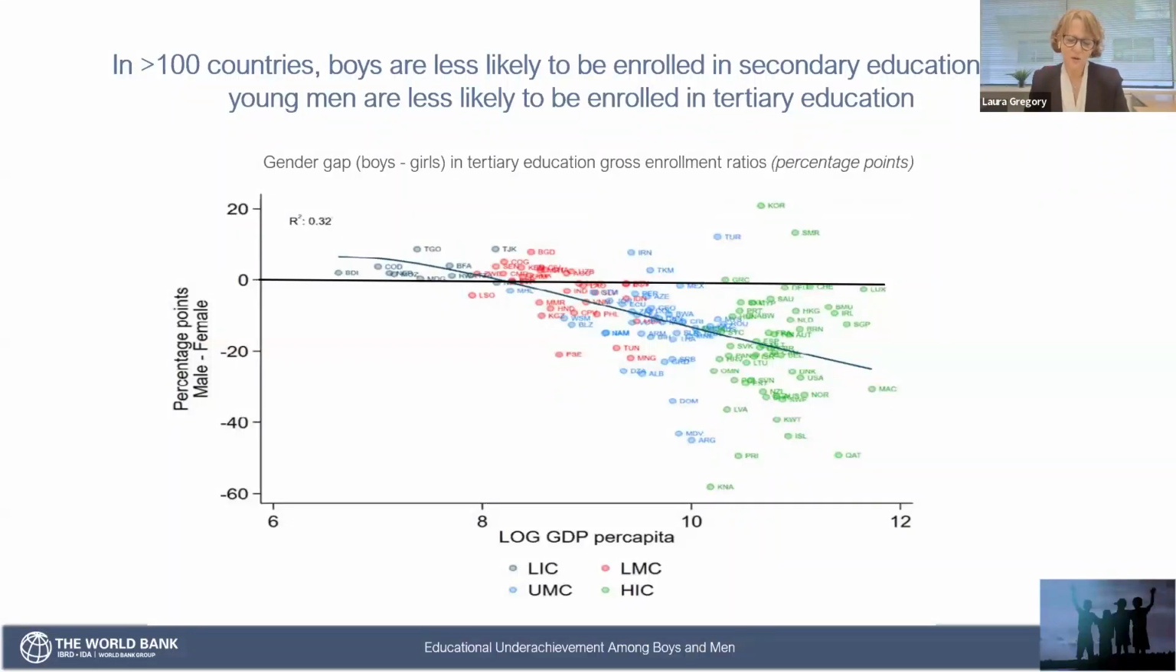So in terms of the phenomenon, in more than 100 countries, boys are less likely to be enrolled in secondary education. And as you can see here, young men are less likely to be enrolled in tertiary education, while in primary education, the gap tends to be small overall. And on top of this, the proportions finishing their programs in tertiary education are substantially lower for men than for women. And for high-income countries, this is not a new development. But it appears that the occurrence of this gap has become increasingly common in middle-income countries. And the issue starts